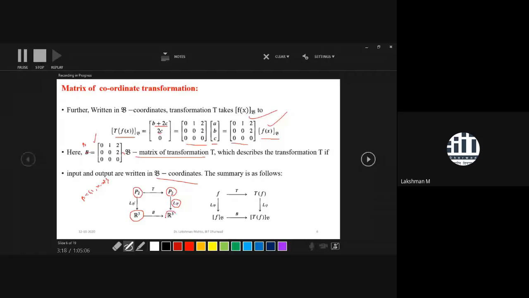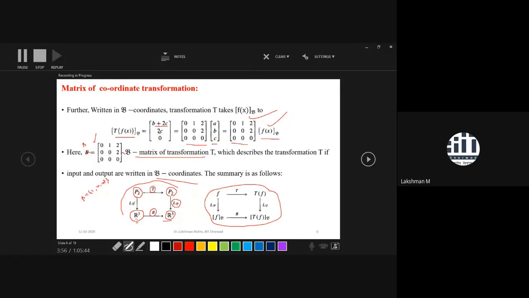So what happens if you want to see the same kind of information that T is giving? T is giving it, so we need to find a matrix. This is the matrix B of T. B is applied over the coordinate vector. So this one is the macroscopic view. And if you are going for the microscopic view, this one is the microscopic. What does it look like at the atomic view?